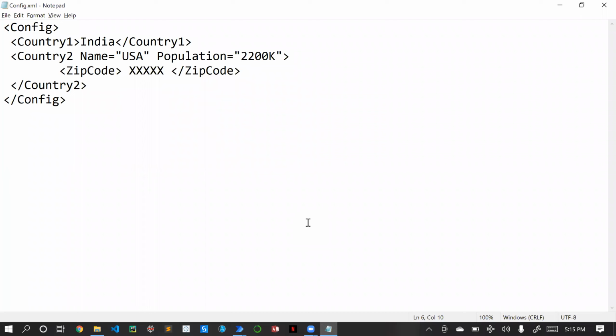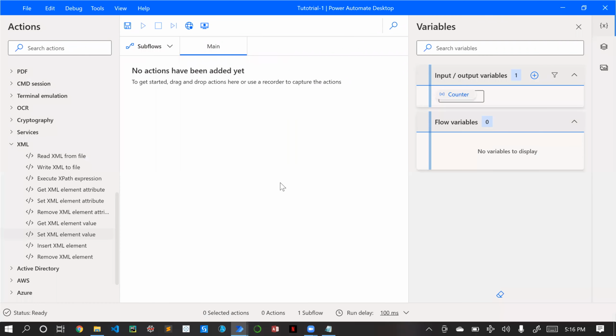So this file which we used in our last session, we will be continuing with the same file. I previously explained what an XML attribute and XML value are. If you haven't watched those videos, please do watch them. I will be giving the link in the I button as well as in the description. So let's start with our video today.